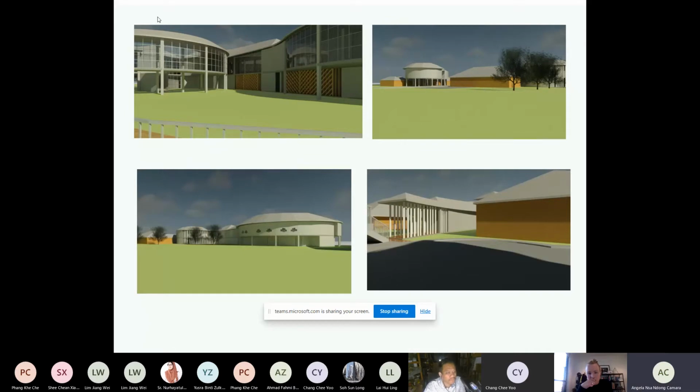For the third image, I have basically the back.